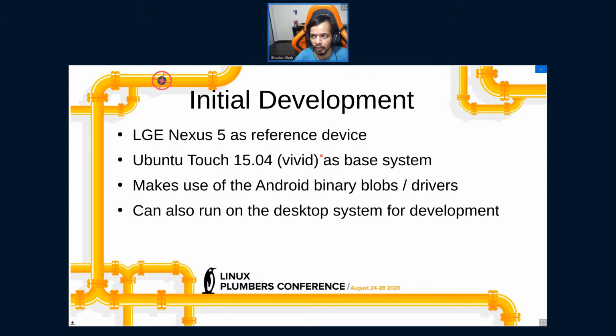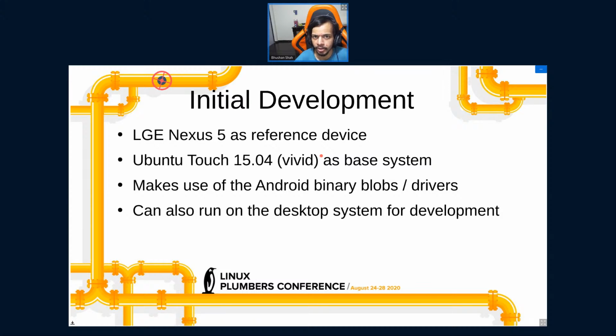We were using Ubuntu Touch 15.04 as the base system. It was like a 5-year thing because we were taking the Ubuntu Touch system and removing all of the user interface part and adding our software. So I mean, since it was a prototype, it was mostly not very well architected, I should say.